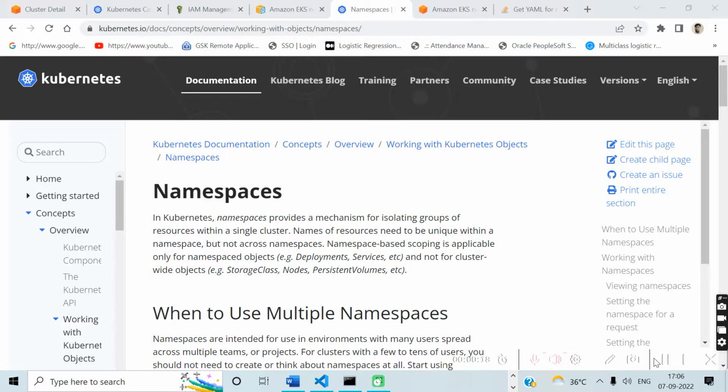cluster. Basically, like in a company we have different departments, so we make our application department-wise. So we can isolate the services, pods, or we can say our deployments, in a specific namespace. So first of all, let's go to the command prompt,